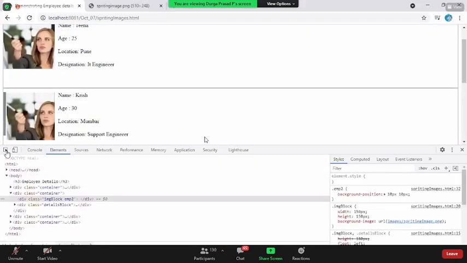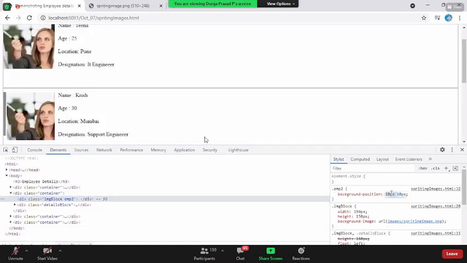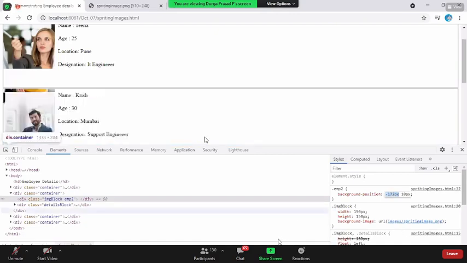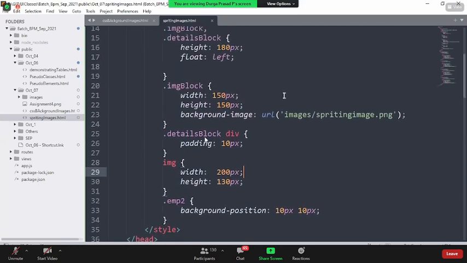The Krish image is very small. So I come out here. The background is 10, so and so. Let me go for this. I'm just clicking on the up and down arrow. Still the height is not enough. Why? Oh my God, why am I adding to the image? There is no image at all. It is an image block. I need to control the width and height. The height should be 120 pixel.